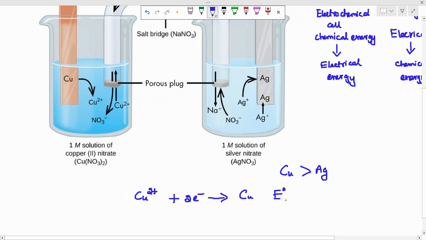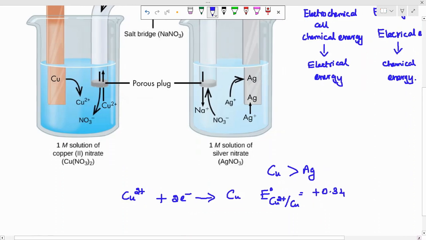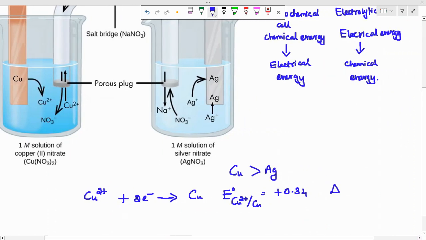So E naught for the Cu2+ to Cu conversion, the voltage produced, will be a positive voltage, that is 0.34. What it indicates is that we have one formula, delta G, the spontaneity measurement. If delta G is negative, the reaction will be called a spontaneous reaction. And there is nFE naught,